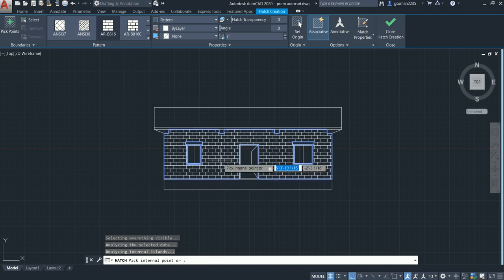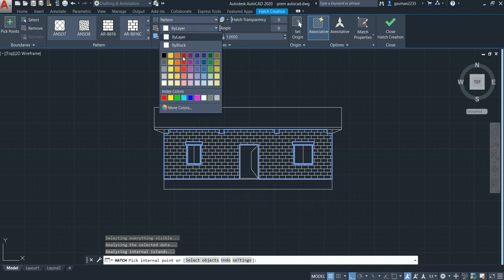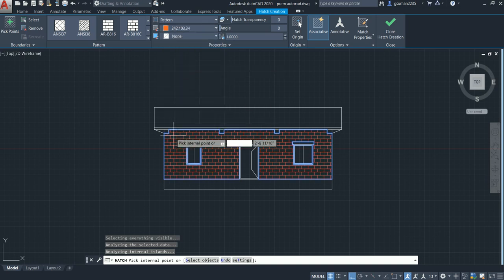See, this is in white color, but generally the wall is in red, so you can see which one is good. Whatever you like, you just go with that. I like this, then I have selected this, escape it.